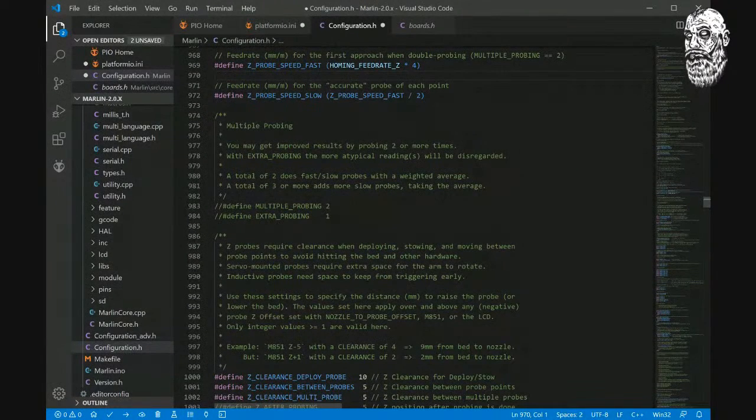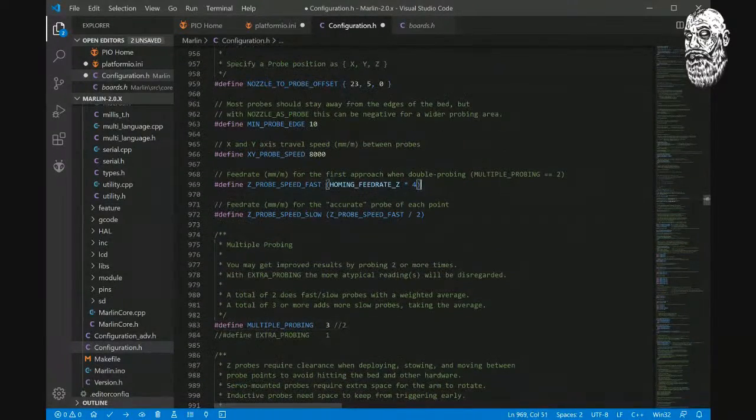Multiple probing. I like to do 3 probes per point. I know that sounds like it's going to be super slow. But we're going to use a cool feature in Marlin that I love. So this is normally 2. And this is normally,